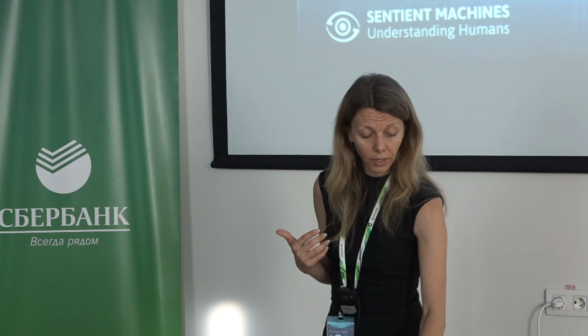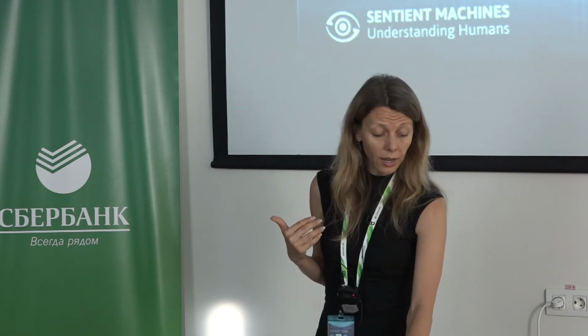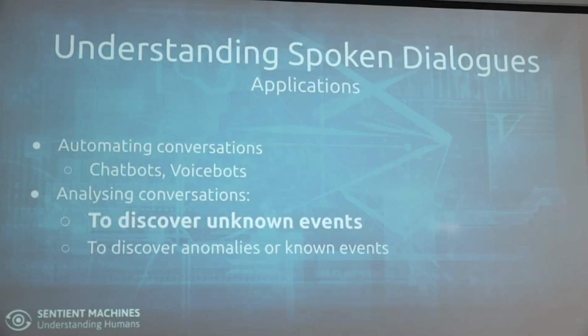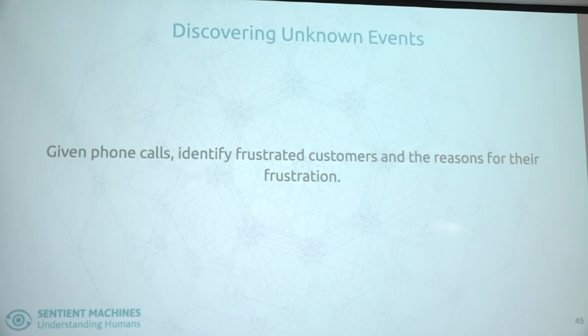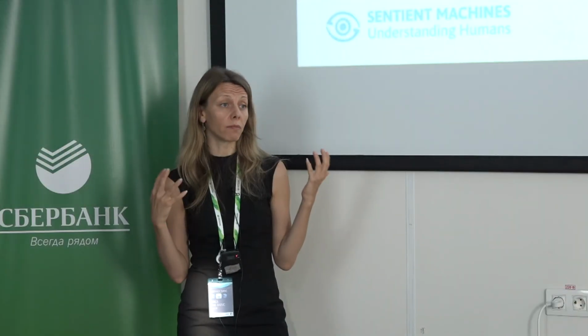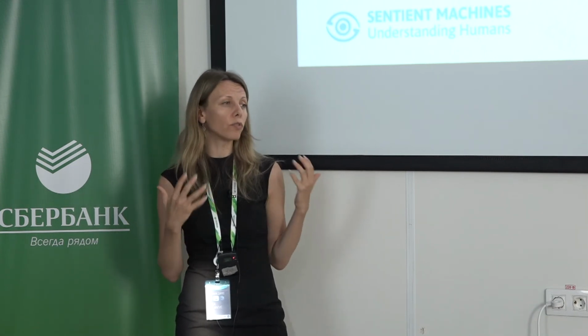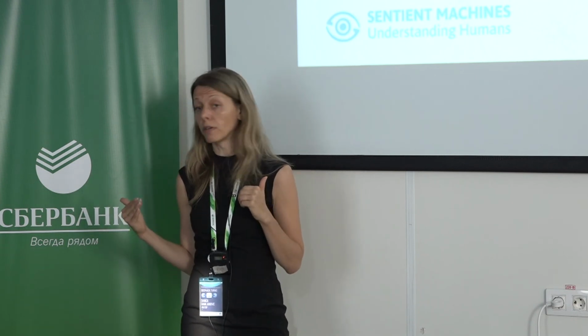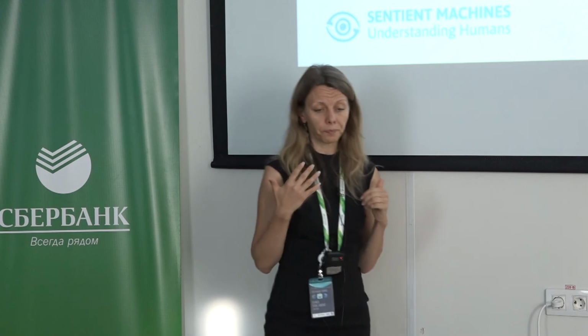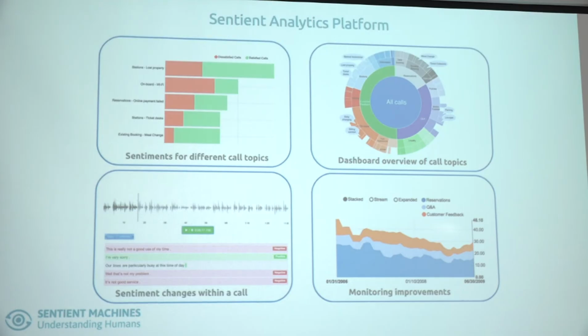In terms of analyzing conversations, the next one I want to mention is discovering unknown events. And this is what we currently do at Sentient Machines, which is detecting frustration. You have a phone call, it's being recorded, it's happening. Can we detect in real time that people are frustrated? Because maybe we can do something about that. It's not just about what we say back to make them happier. Could we actually improve our services so that this person doesn't have to call again? And this is basically how it looks. So you would plug in your calls, and then you would